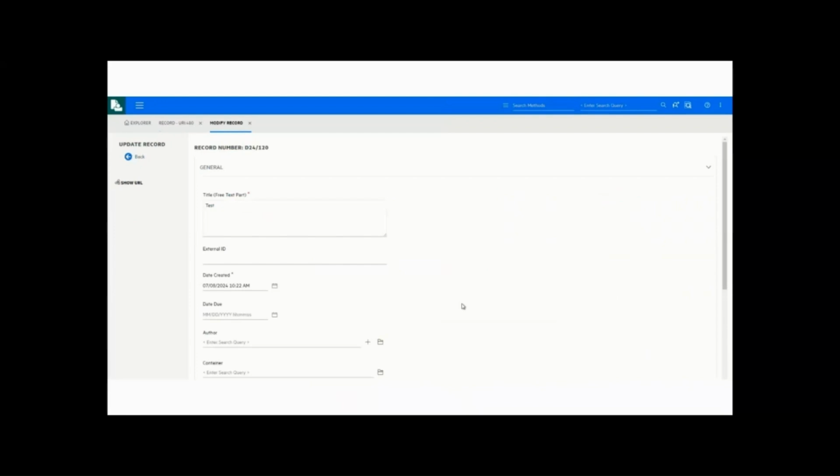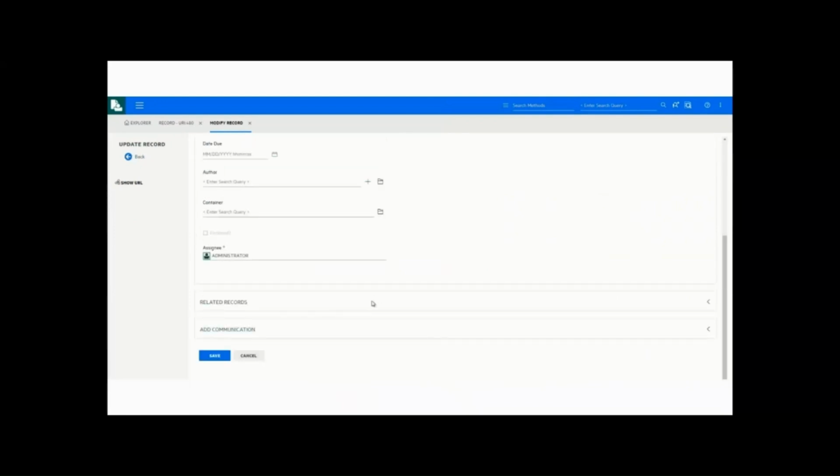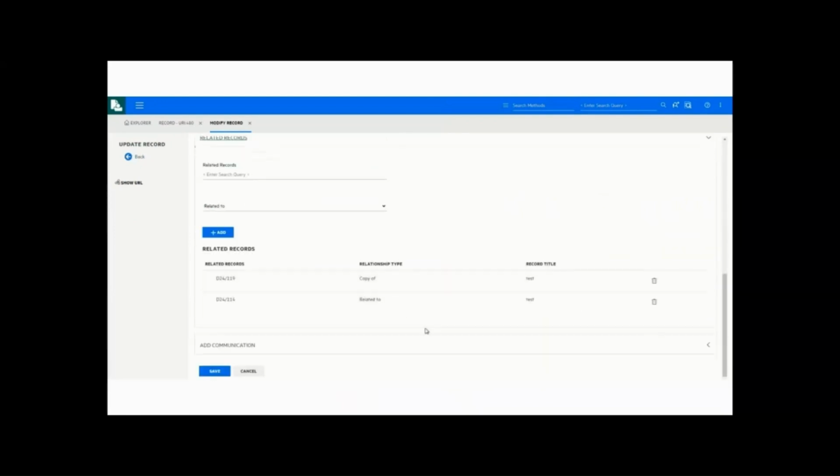So that's pretty much very similar to how it behaves in the desktop client. Of course, the UX would be different here. The user experience would be different here. The user journey is a bit different. And similarly, if we look at